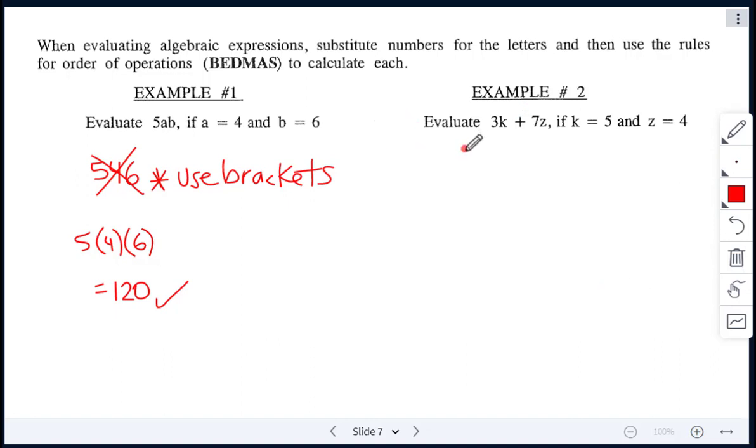Here it is. So we have 3K. So 3K, open up a bracket, my K is equal to 5. That means 3K means 3 times K, so 3 times 5. And I have plus 7Z, that means 7 times Z. So 7 brackets, Z is equal to 4. Once you've done that, then you can go ahead and use BEDMAS. So 3 times 5, that's 15, plus 7 times 4 is 28. 15 plus 28 is equal to